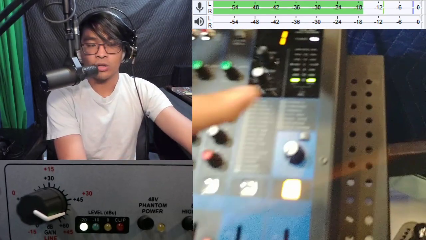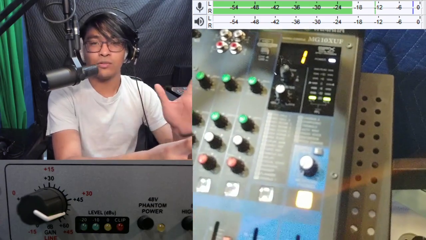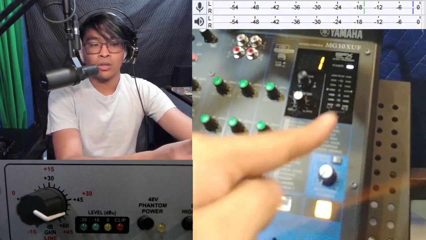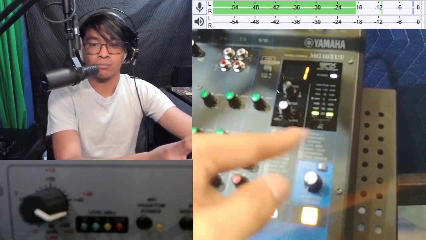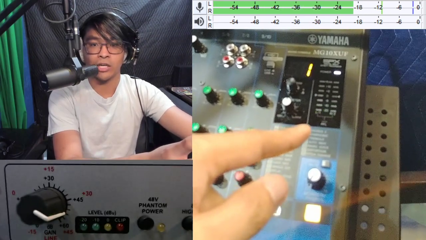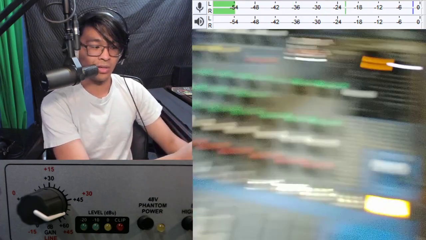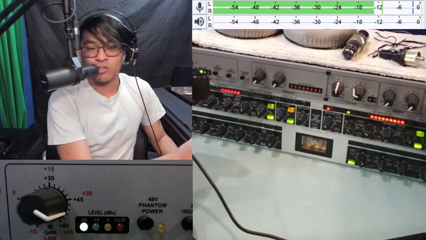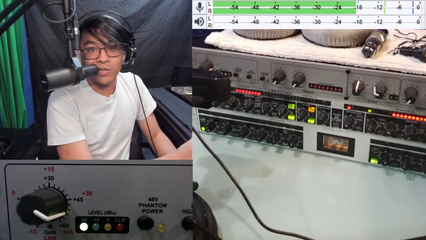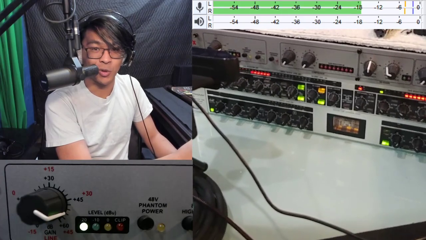And you'll be able to tell as well, because the meter on the mixing board, although it is in dB and it's not in VU like the one at CGSW, the reading should still be around the same. So there it is, -20. The bottom pair of green LED lights are lighting up, and then rarely the other two above it light up. And then on the preamp over here, -20 is always going to be on when I talk, and then -10 often lights up, and rarely 0 is going to light up,